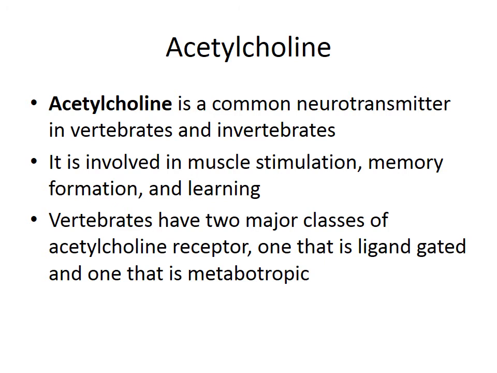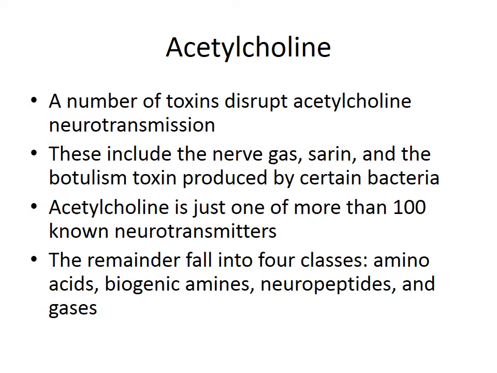Oh, a very interesting neurotransmitter is called acetylcholine. It's very common in vertebrates as well as invertebrates. Very, very old molecule. It's involved in muscle stimulation. It's involved in memory formation. It's involved in learning. Vertebrates have two major classes of acetylcholine receptors, one that's ligand-gated and one that is metabotropic. A number of toxins actually disrupt acetylcholine neurotransmission, and these include the nerve gas sarin and the botulism toxin produced by certain bacteria. So botulism and sarin, these are both problems with